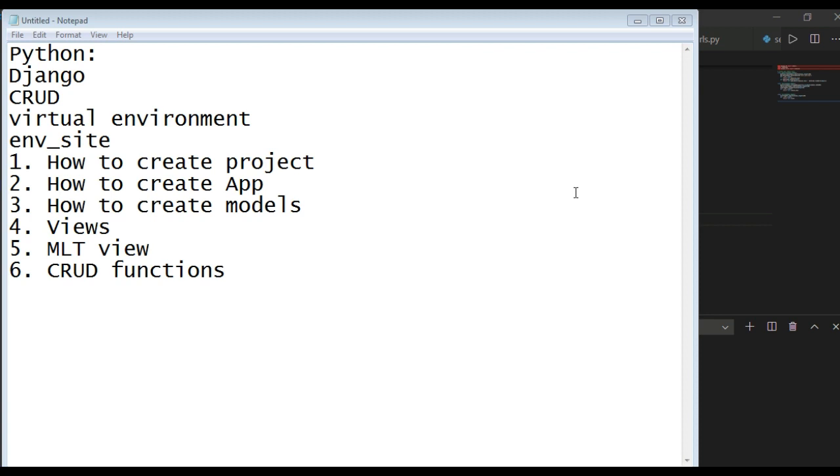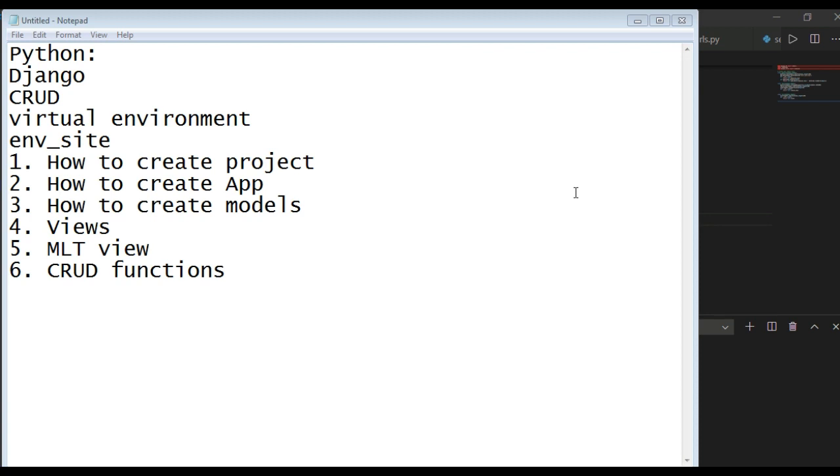The app is independent of the project. So what is the difference between a project and an app? A project is a big thing. A project contains 10, 20, 30, maybe 50 apps, and every app is independent and you can use an app in multiple projects. So a project has applications, apps, web apps. And this app is platform independent because Python is platform independent and can be used on any platform.